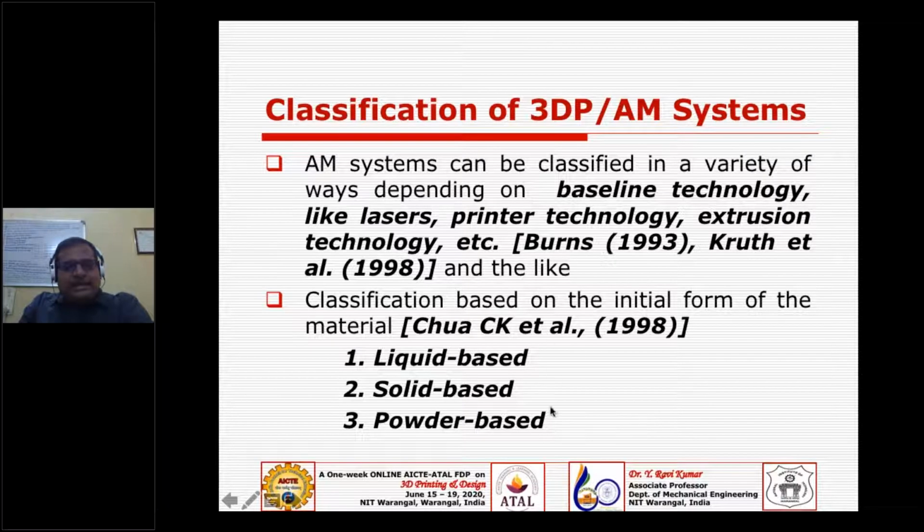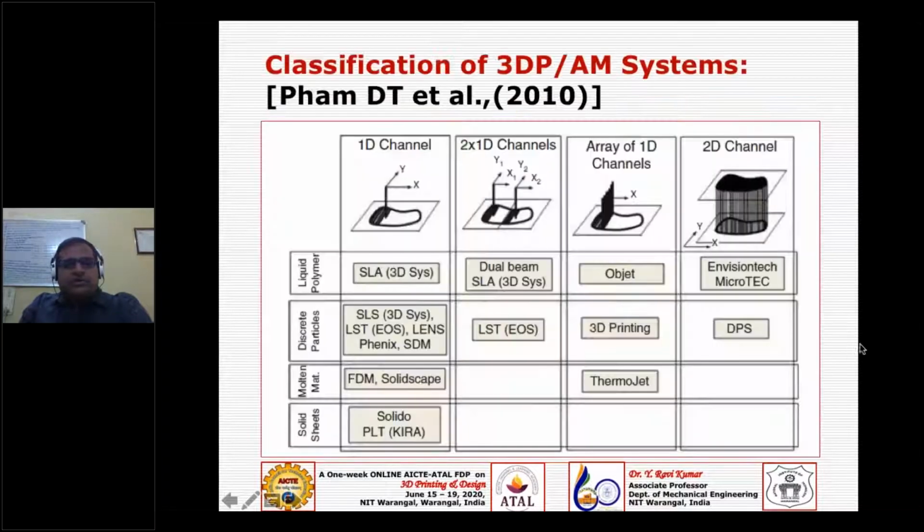But there is a conflict here. Then ASTM came out with a different classification. Before that, the DTM form also slightly modified the Chua classification. Again, the raw material is on one axis, that is a liquid polymer, or discrete particles like a powder or molten material, and solid sheet. So that is on the one axis, and on the other axis, he has introduced